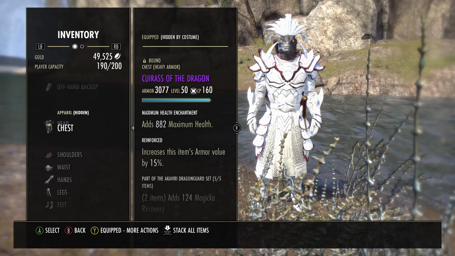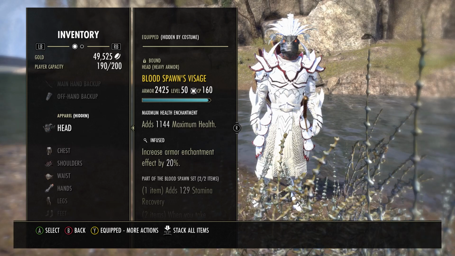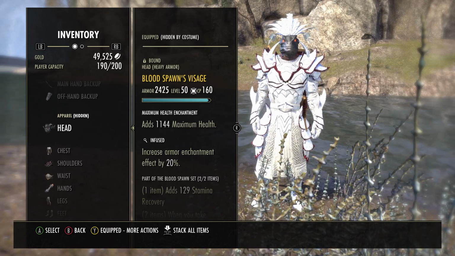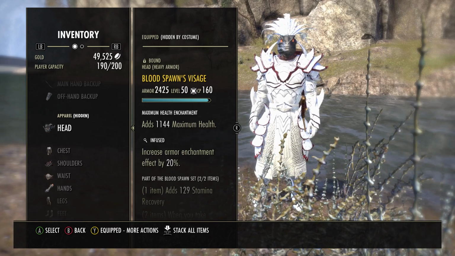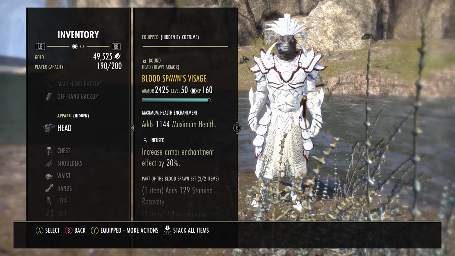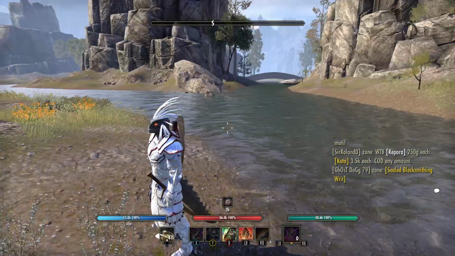farm it. Bloodspawn, that's easy to get. I mean, everybody should honestly have Bloodspawn. You may not have best in the slot, or what people call best in the slot, but just get what you feel you need. Infused, reinforced, anything like that. And then for Asylum, if you want to use Asylum weapon, or actually, let me show you what